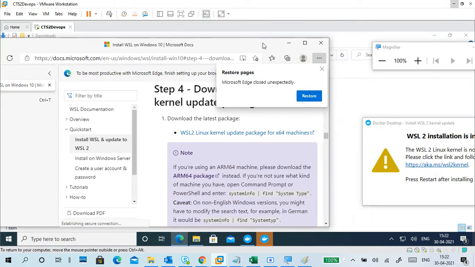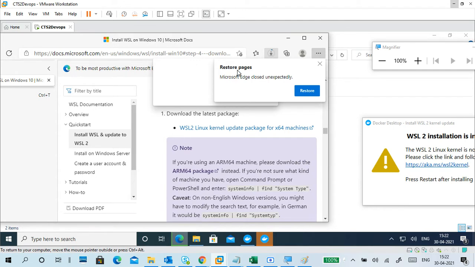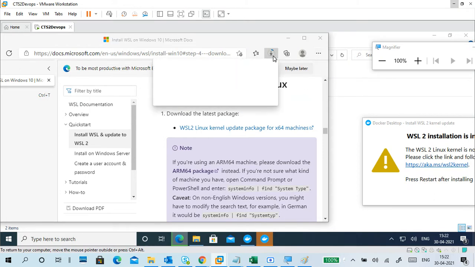Download the latest Linux kernel package for 64. If you click it, you will get the download, or you can manually download from your physical machine and store it also.